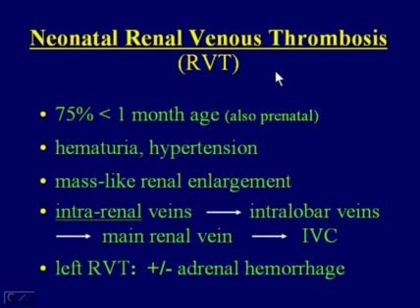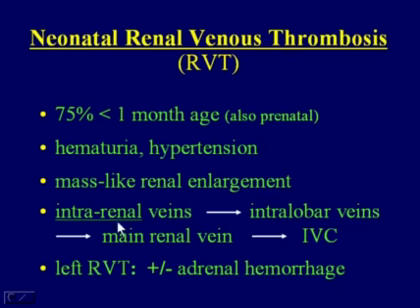Now, another condition I'm going to mention, and lastly, and talk about, is neonatal renal venous thrombosis, which can also cause mass-like renal enlargement of the kidneys. We see most of this occurring very young in life. The classic way they present is hematuria, hypertension, mass-like renal enlargement. And the point I want to make is that the renal venous thrombosis that occurs in neonates, and sometimes even